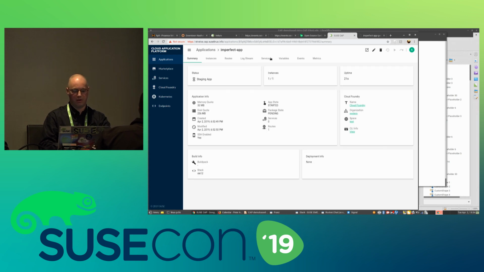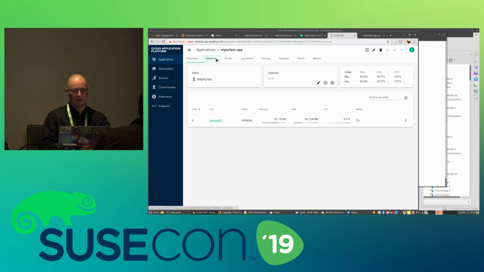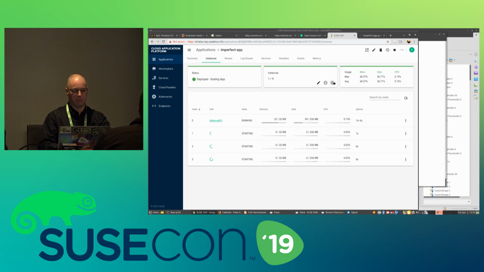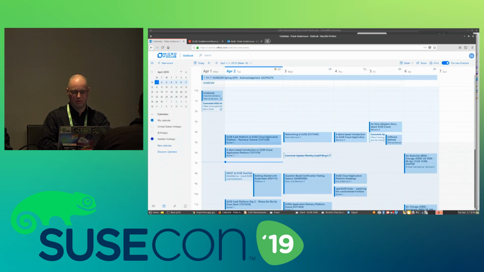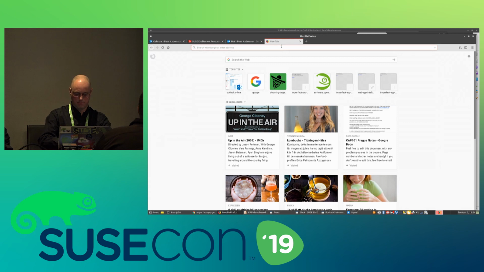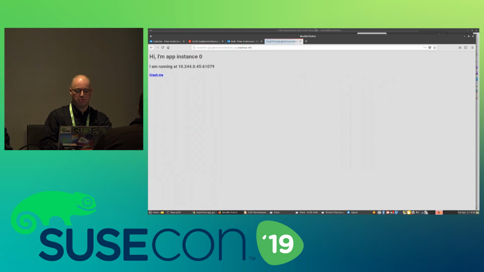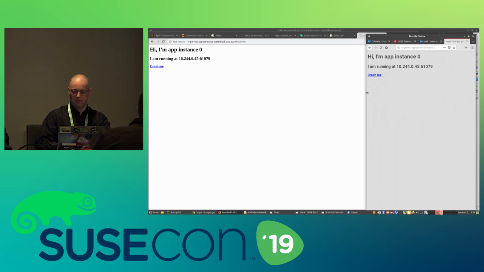For example, one thing I can do is change the number of instances. Quite easy, just push the +1 button, and I start a couple of other instances. I want to show this with two screens at the same time.